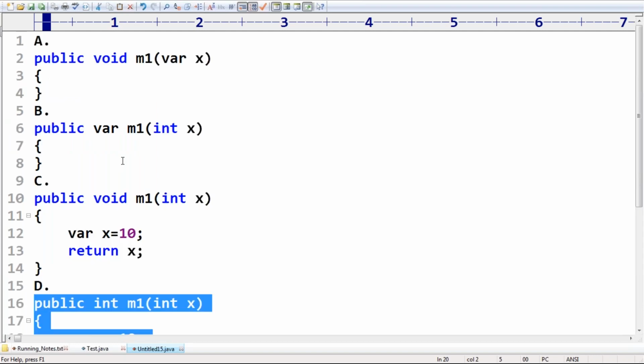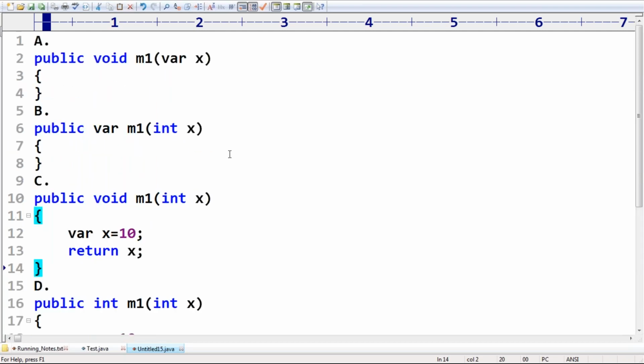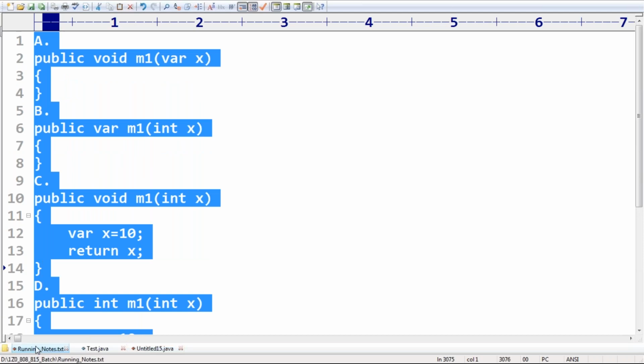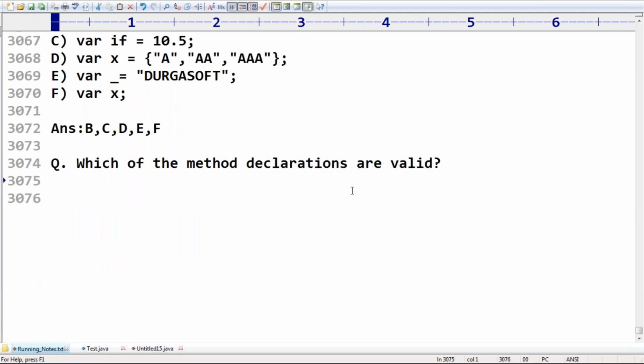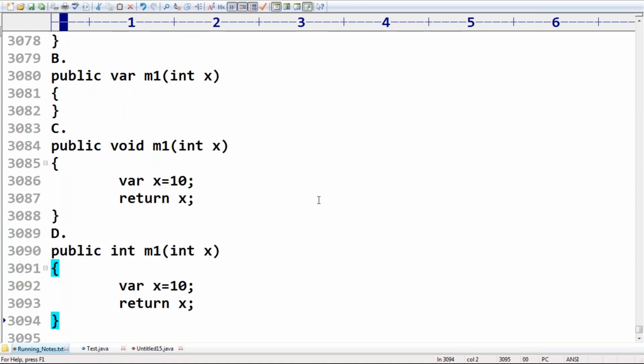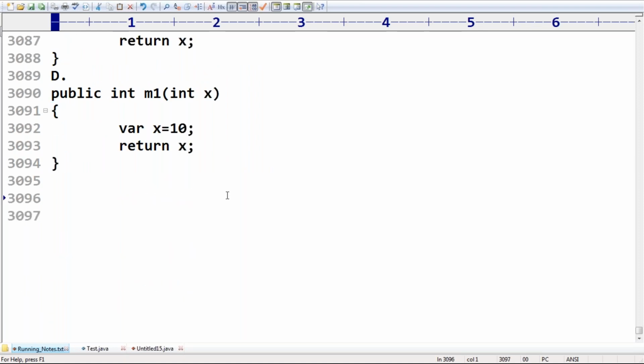A, B, C are also invalid. Which of the method declarations are valid? Only D. Clear, right?